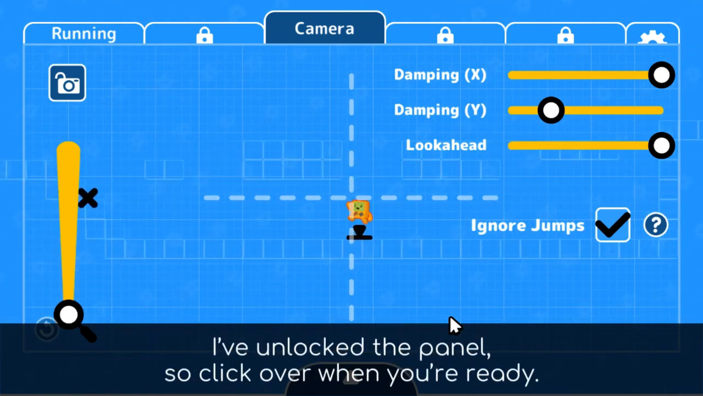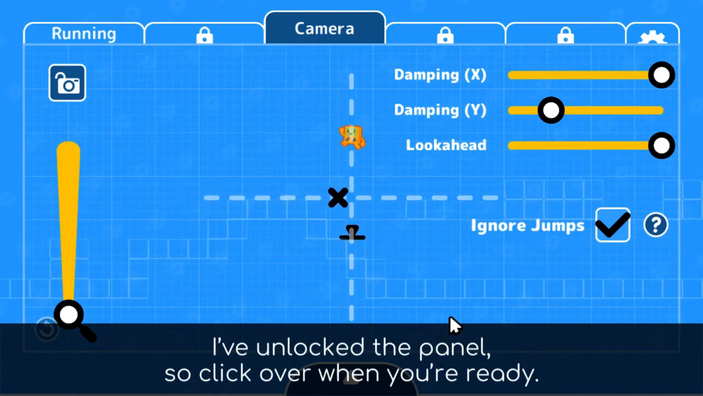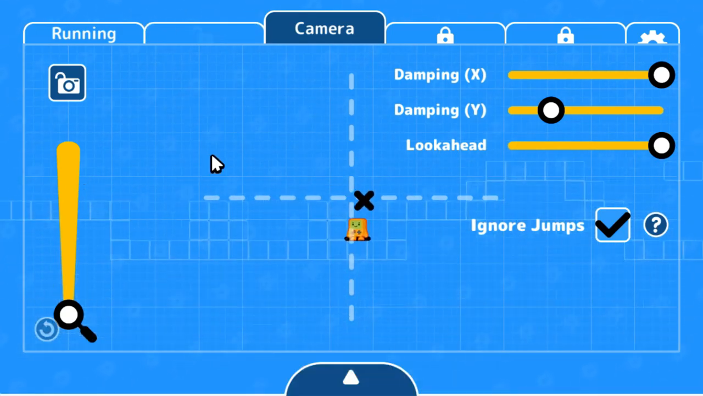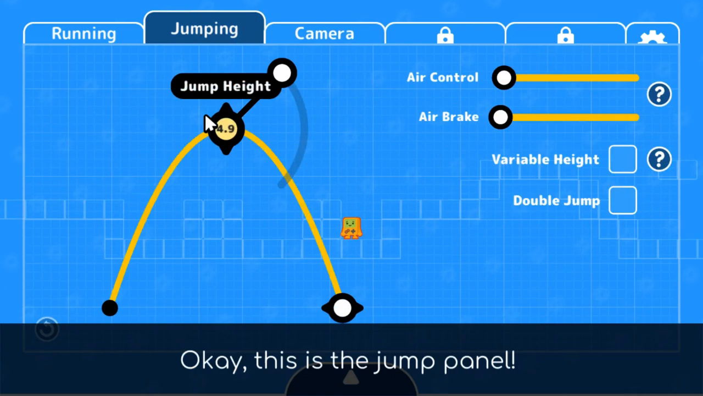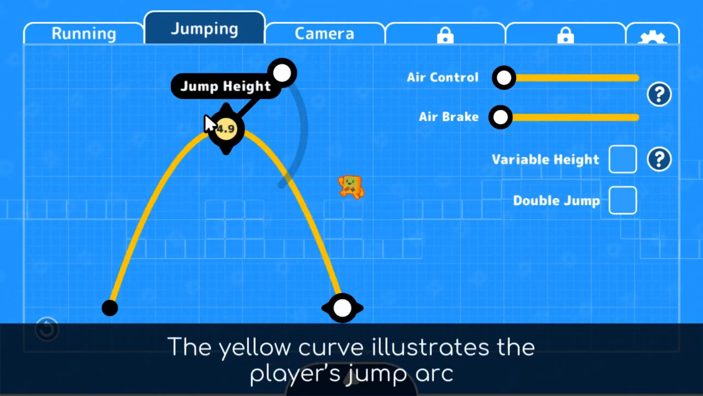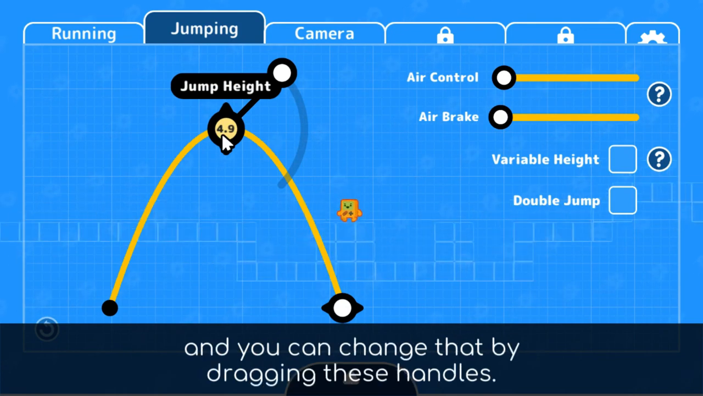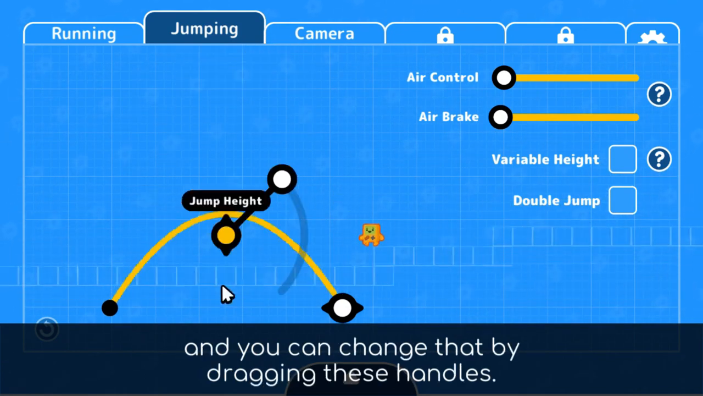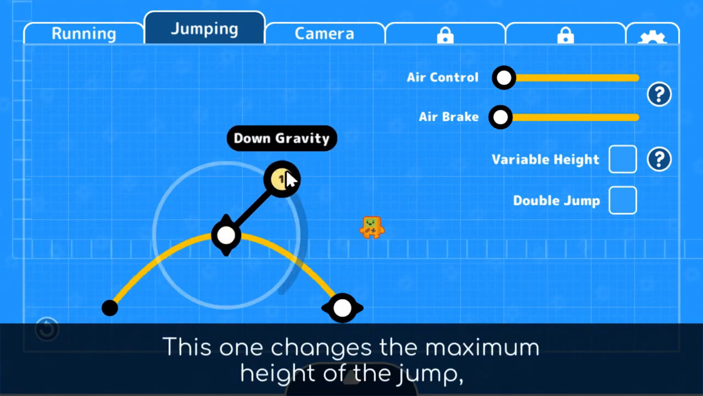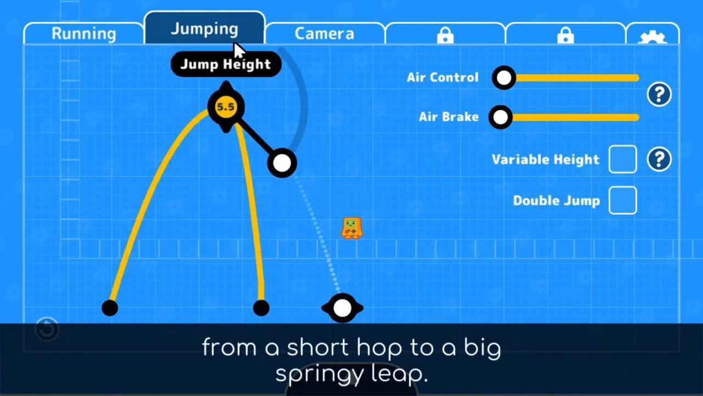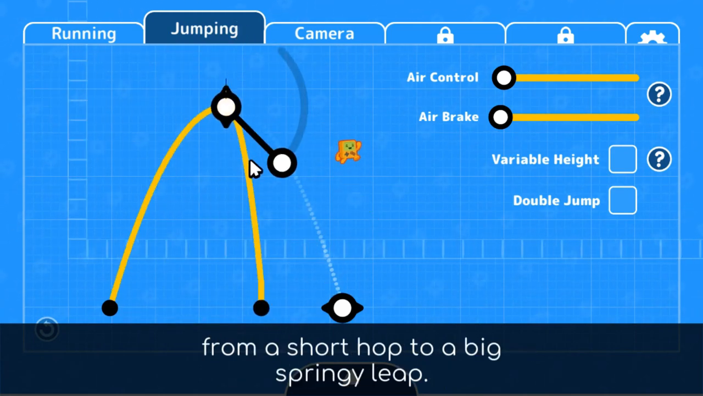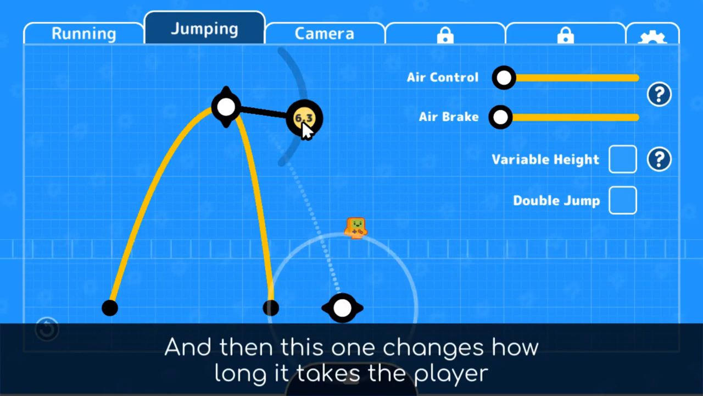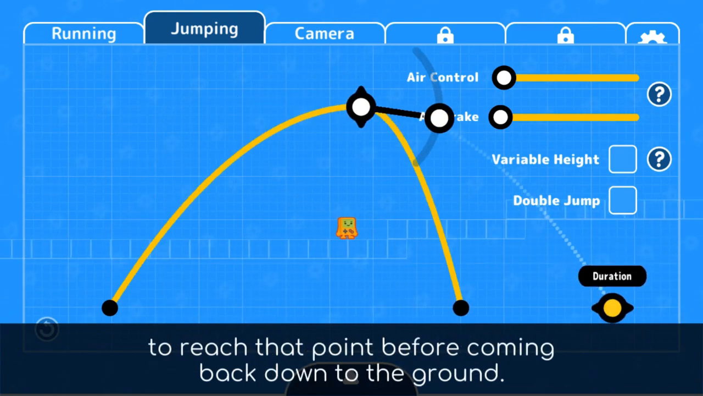I've unlocked the panel, so click over when you're ready. Okay, this is the jump panel. The yellow curve illustrates the player's jump arc, and you can change that by dragging these handles. This one changes the maximum height of the jump, from a short hop to a big springy leap. And then this one changes how long it takes the player to reach that point before coming back down to